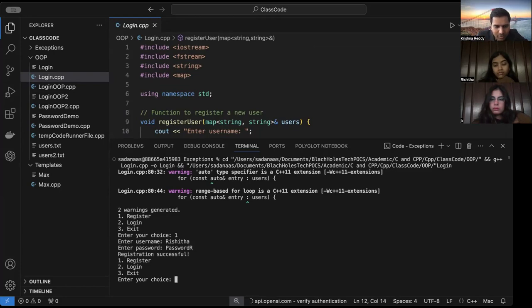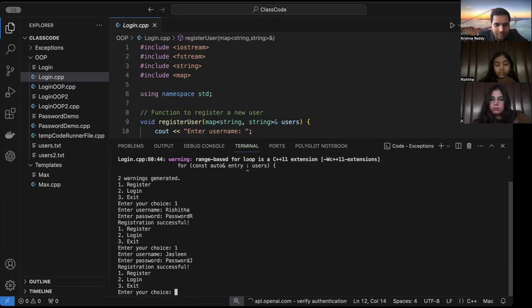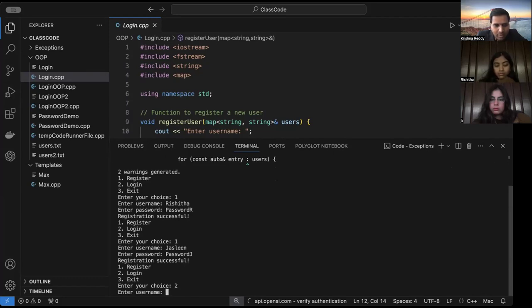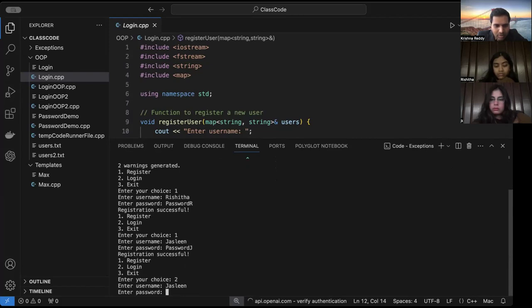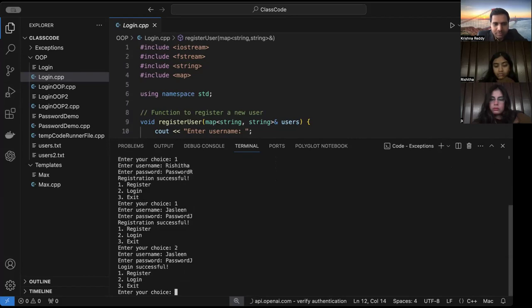Registration successful. If I want to register one more user, password J. Enter your choice. So I'm going to do login. Password. It is successful, right? Now,